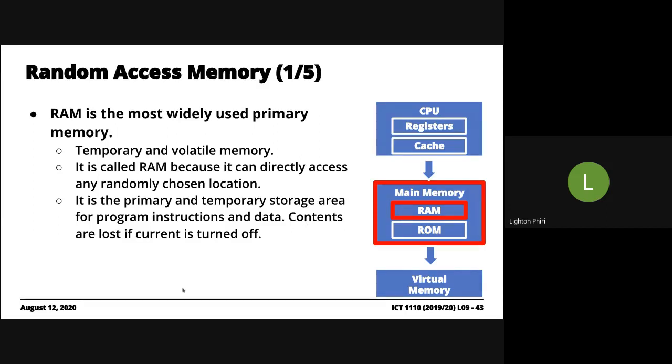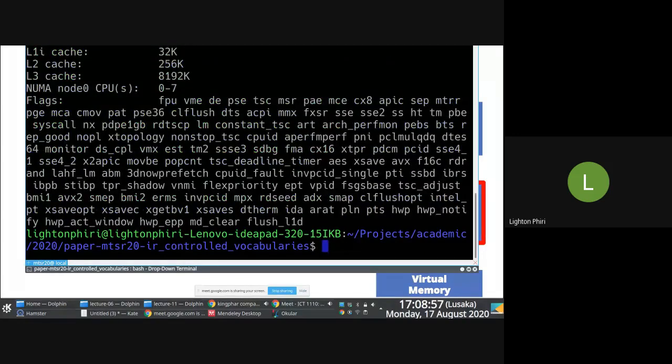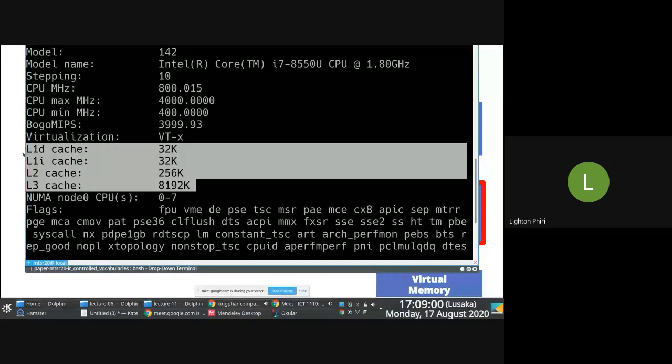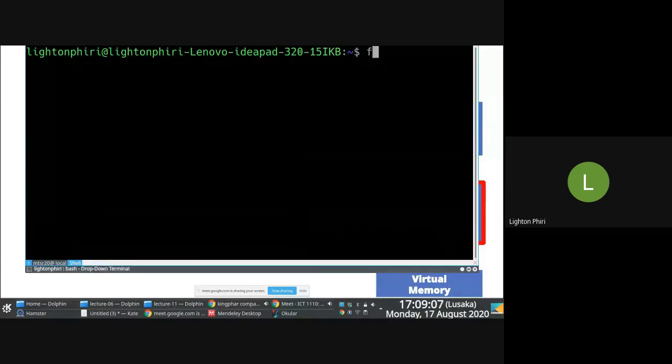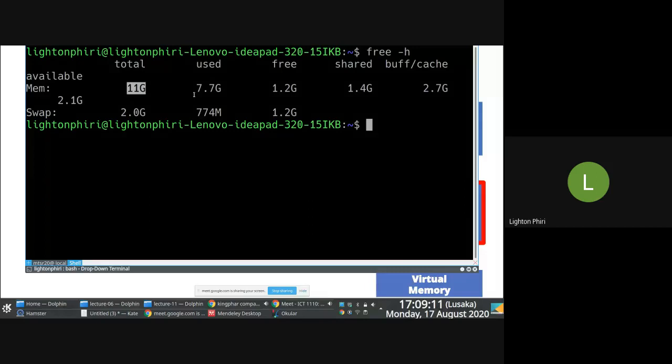So in as much as we are storing data and instructions on registers and in cache, the fundamental difference is in the quantity we can store. And we can see this from the capacity. If we compare the capacity of various levels of cache, this is my computer, and we do the same for how much RAM I have, you notice that